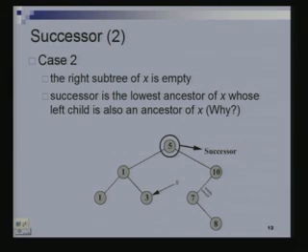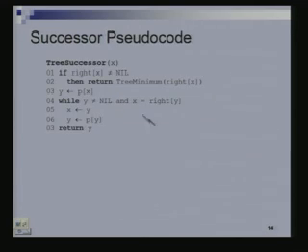So for instance, if I were looking for the successor of 8, I would go up like this and this. This is the first time the node is a left child of its parent, and so I stop here. So that's what we are doing here. Initially y is parent of x, and all we are doing is moving the pointers x and y. So x takes the value y and y takes the value of parent of y, so that it moves one step ahead.